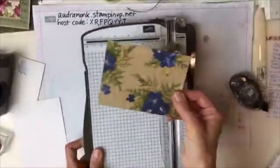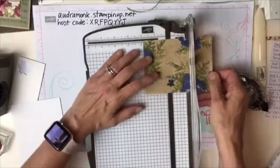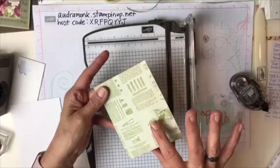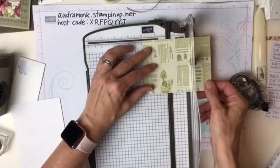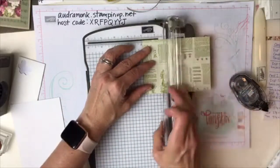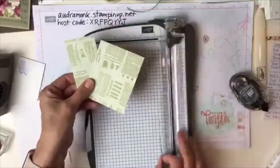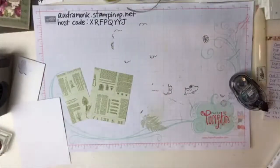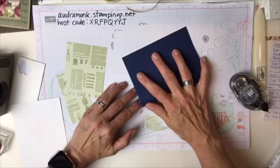Okay, so this is a narrow, oh, and I almost forgot. And then what we're going to do with this is cut 2 inches off. And it doesn't matter, you could look at the back. In this case, oh, I kind of like that bottom part better. So I'm going to cut 2 inches there. So I'm going to cut 2 inches off so that we can do the different pattern, which is another fun designer series paper technique. Okay, so I'm going to fold my cardstock in half,